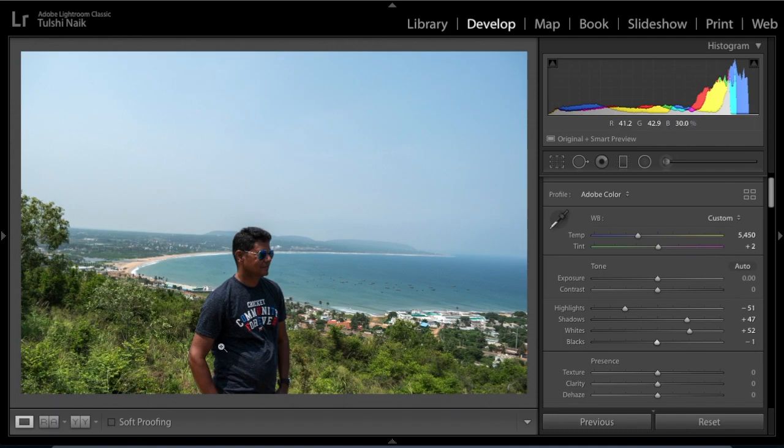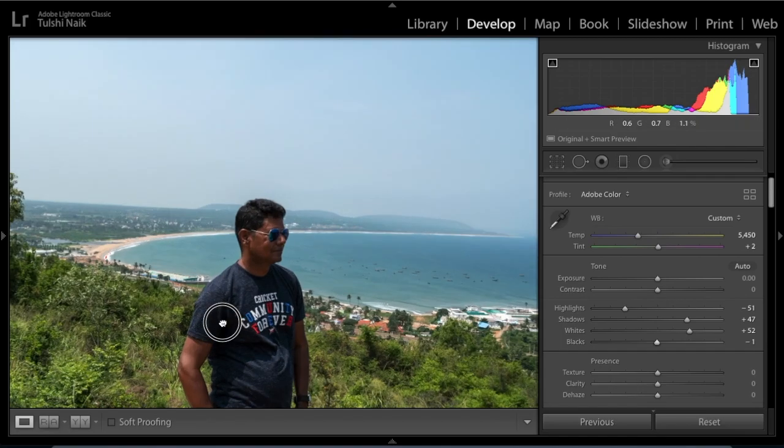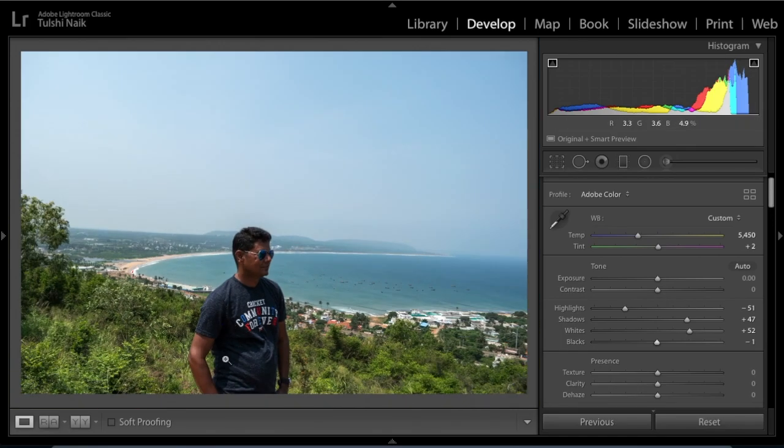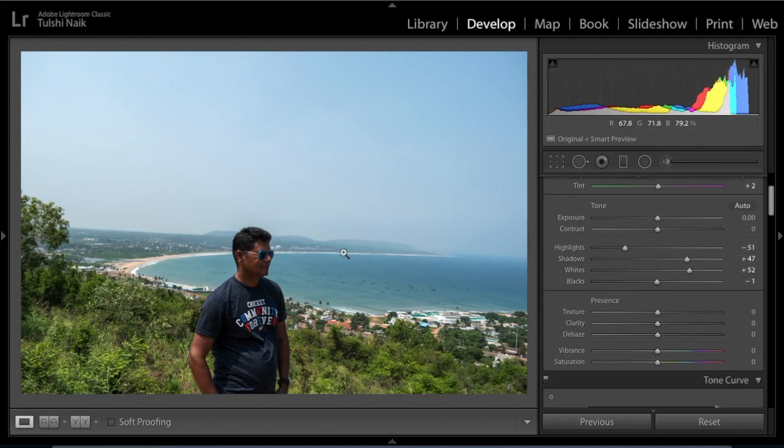Black already is adjusted, you can see already there is. So the hotkey is J. If you hit J on your keyboard, then here you will see the clipping warning. So this color is already turned into pure black, so we don't need to adjust black anymore. I think this is it for the global adjustment.